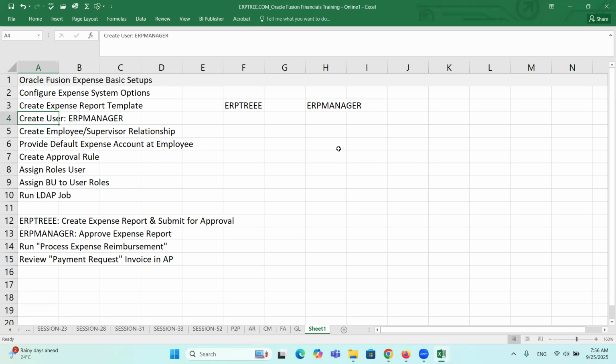Yes, we need one more user who can act as a manager to approve the expense report. For that reason, we are going to create a user, and we are going to test the approvals by following the employee supervisory approval hierarchy. So we are going to create the relationship between the two users as an employee and the supervisor. And when we create expense report,